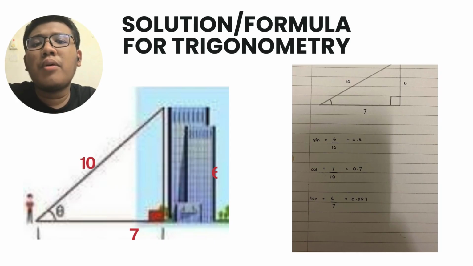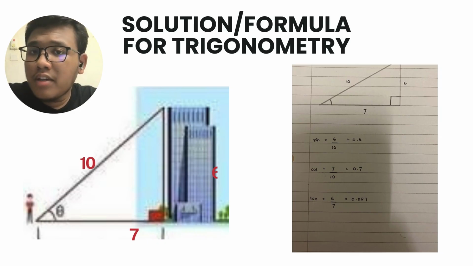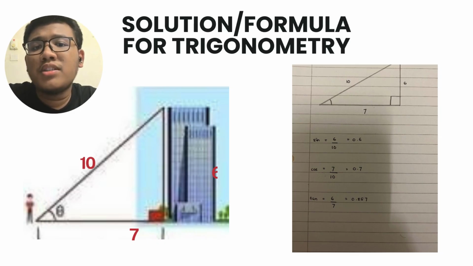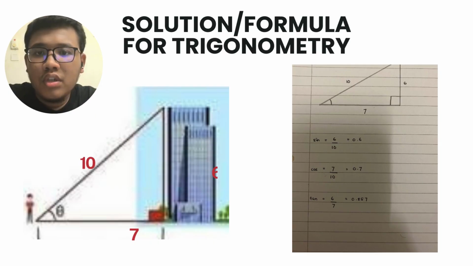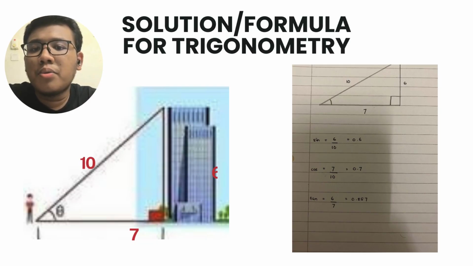We can use the formula from earlier called SOH CAH TOA. For example, sine means opposite divided by hypotenuse, meaning 6 divided by 10 equals 0.6. For cosine, we use the adjacent divided by hypotenuse, 7 divided by 10 equals 0.7. And the last one, tangent. We use the opposite divided by adjacent, meaning 6 divided by 7 equals 0.857. This is how engineers, surveyors, or even architects use trigonometry to calculate height, distance, or slopes when direct measurement is